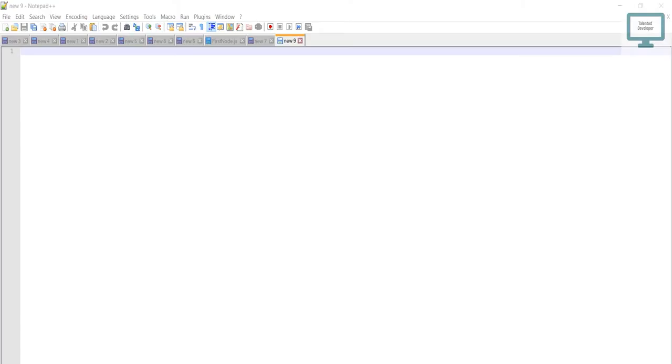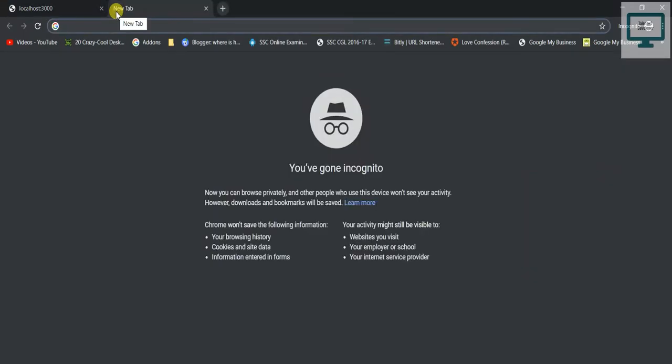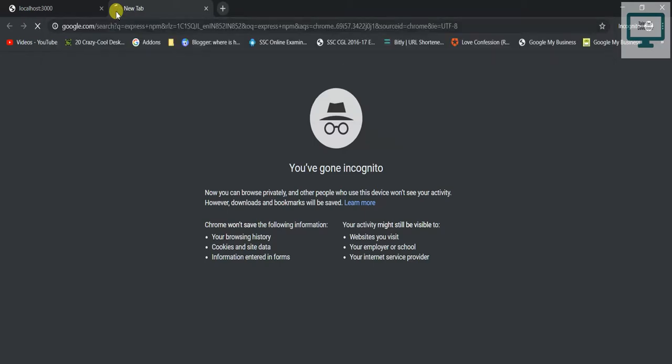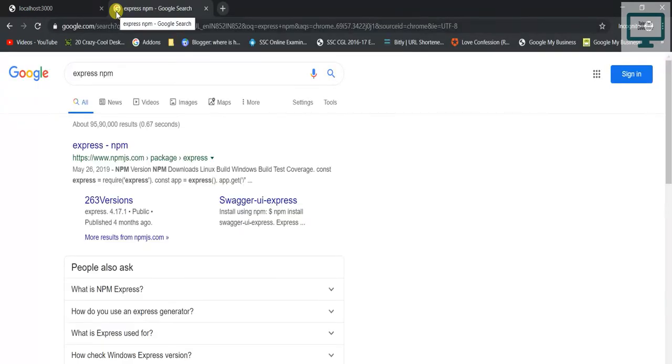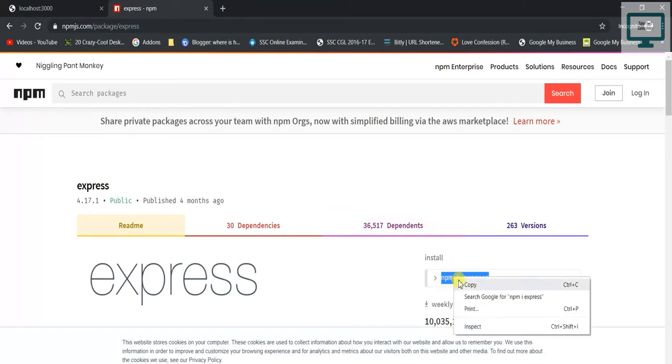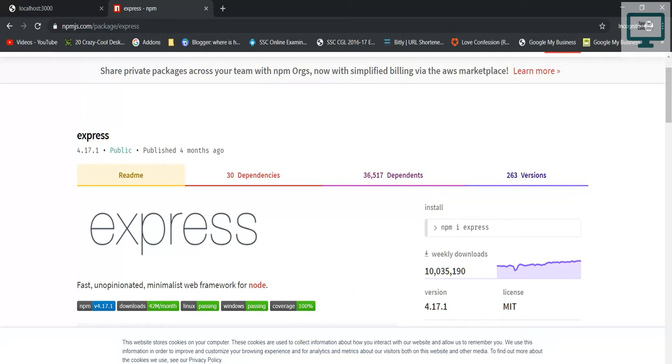Hello everyone. In this tutorial we are going to create a server using Express framework. So first of all we have to go to Google and just type here Express npm. Here npm stands for Node Package Manager. So just go here and you can see, just copy here because it is a way to install,